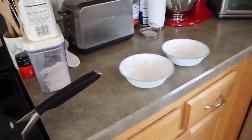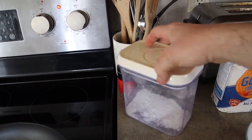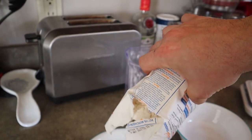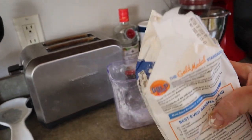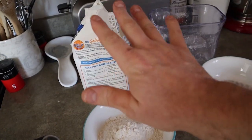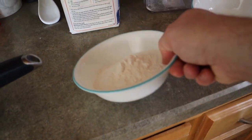Then I'm gonna get my dry ingredients together here. I'm gonna use flour. Probably need more than that. Looks like it should be enough. I wasn't even filming that. So yeah, I clean my hands as always. Clean the counter as always. Now I'm gonna put some...